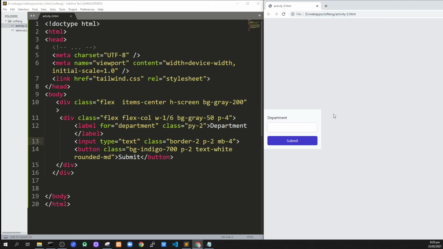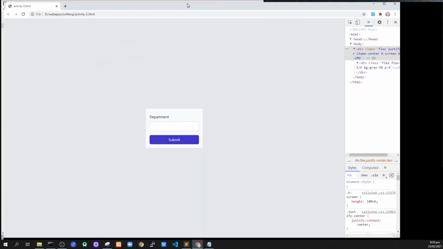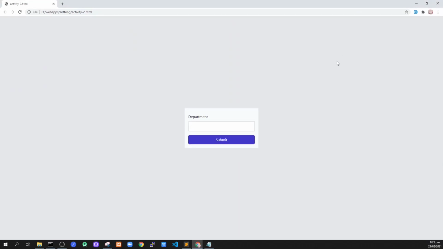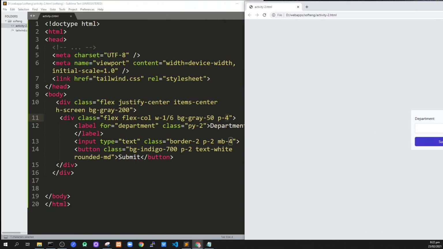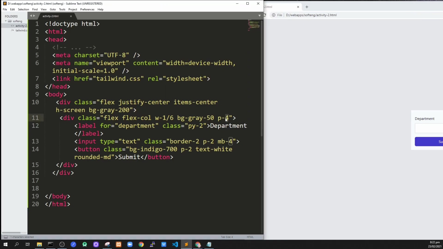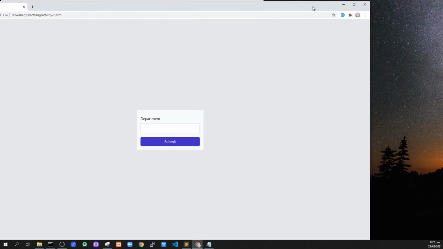So, and then finally, let's put this container in the center. So let's put that justify center back. And then refresh. And then let's see the entire screen. Okay, the form looks good. However, the space surrounding the elements is a bit narrow. So let's put more in it. Let's make the padding 6. Save and